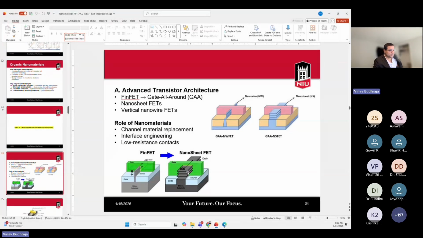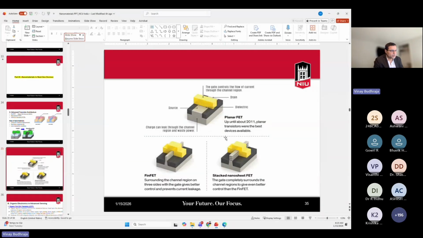The role of nanomaterials is channel material replacement. It also involves interface engineering and low resistance contacts. This figure further shows the distinction between the planar FET and the stacked nanosheet. So, in the roadmap,